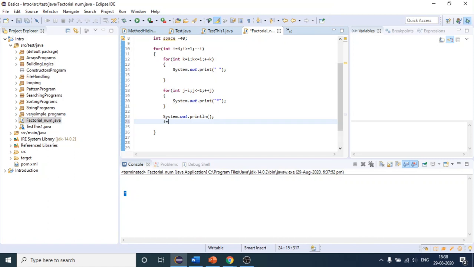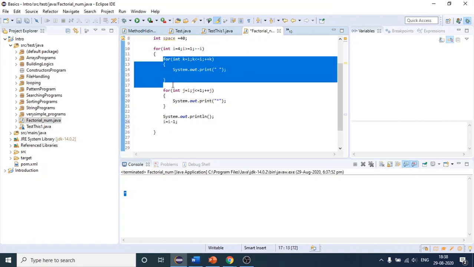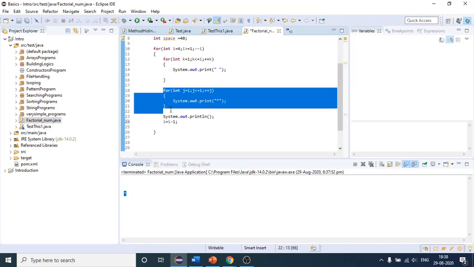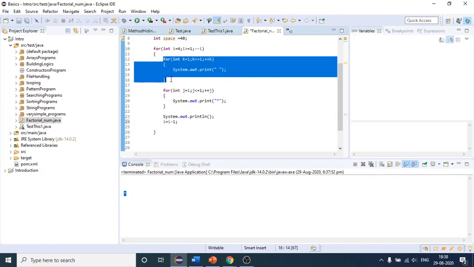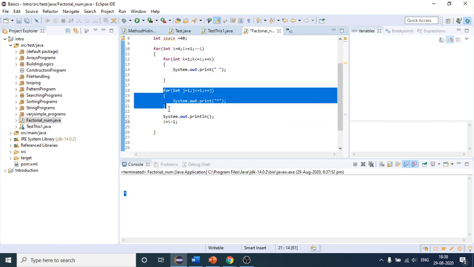Suppose I decrease this I, because next time I want the value of I to be 3. So again, this will also decrement the I, and you will have some issues in your output. So better you follow this, or maybe you can practice it as well. I am sure there may be other techniques as well, but I prefer this because I think it is way better.